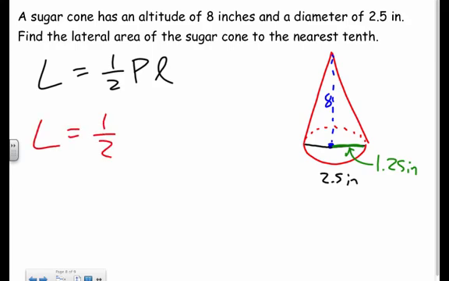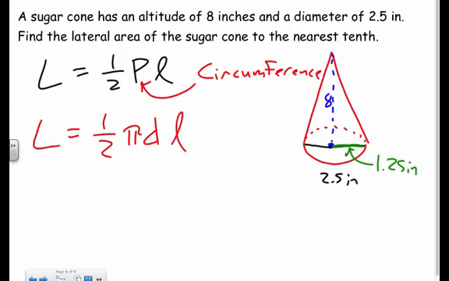Well, if we take a look, 1/2, what is our base shape? It's a circle. So the perimeter is really the circumference. So for the perimeter, we're finding the circumference of the circle. Well, to find the circumference of a circle, you take pi times diameter, or 2 pi r, right? 2 times pi times the radius, either one. I like pi times the diameter, and we're still taking it times the slant height. So now we fill in the information that we know. So 1/2 times pi times the diameter, which was given, 2.5, times the slant height, which we don't have,